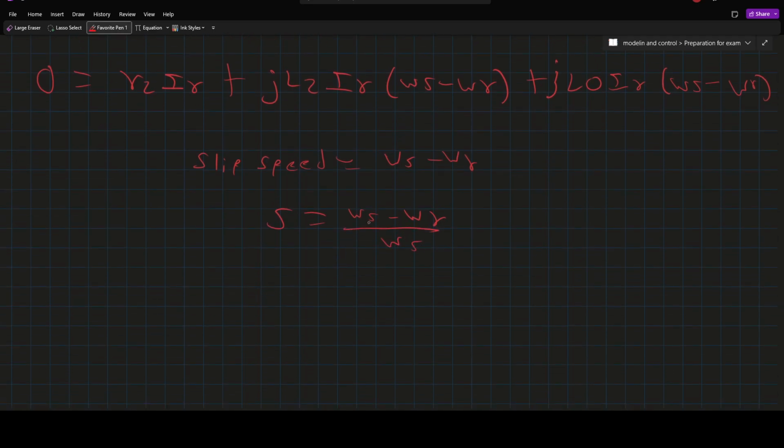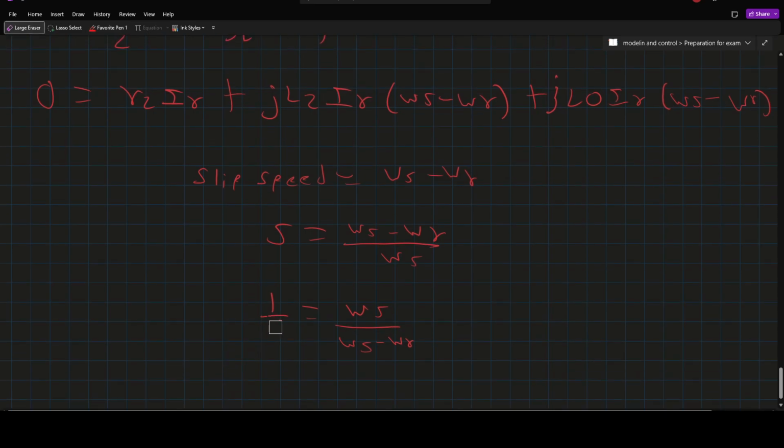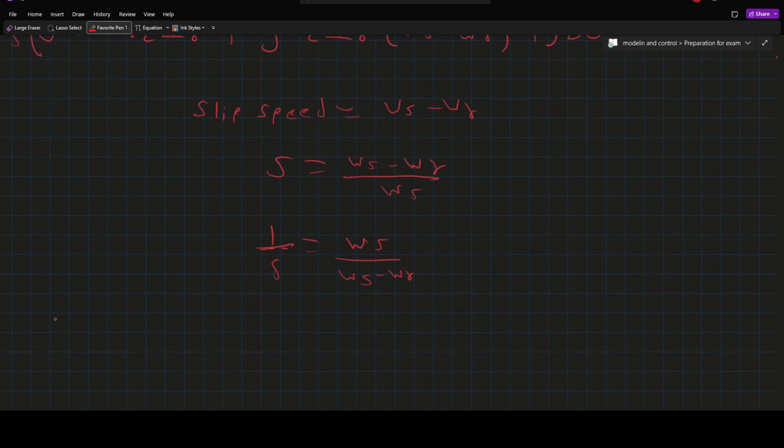So if we invert this, 1 over s, we get omega s over omega s minus omega r. We are putting 1 over our slip because here we need to get rid of these terms. So if we multiply this whole thing by 1 over s, we are going to get 0 equals